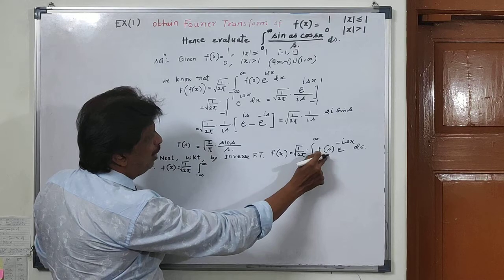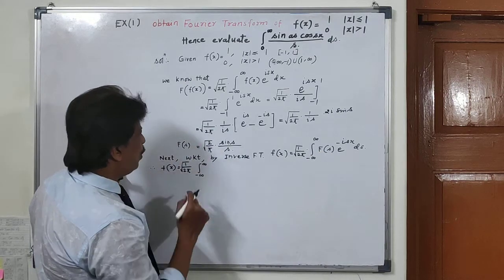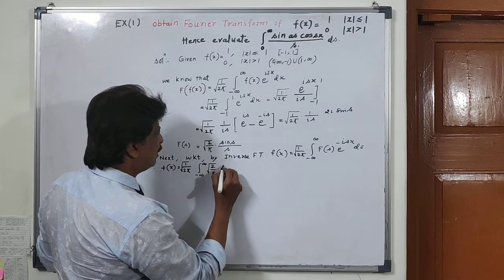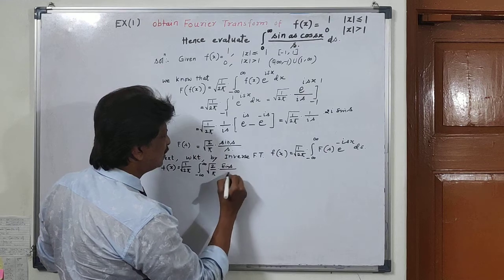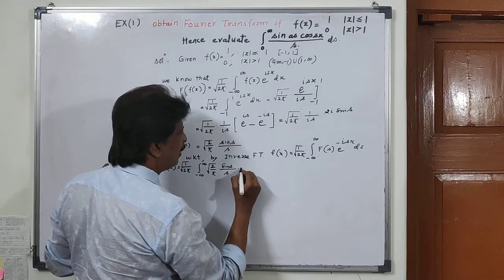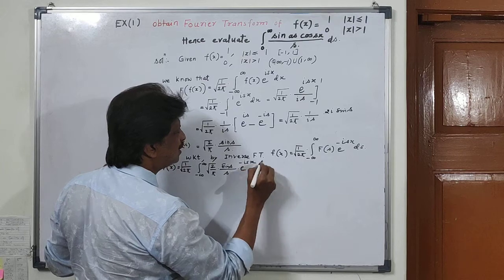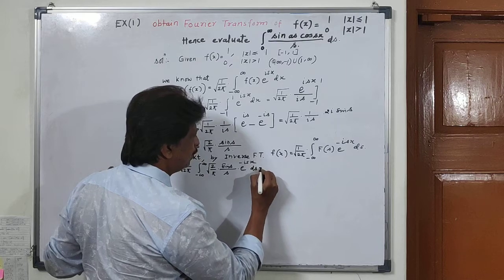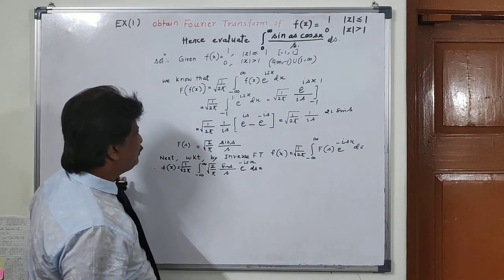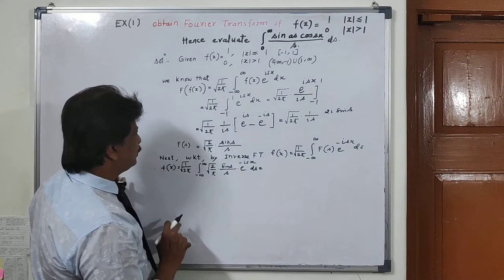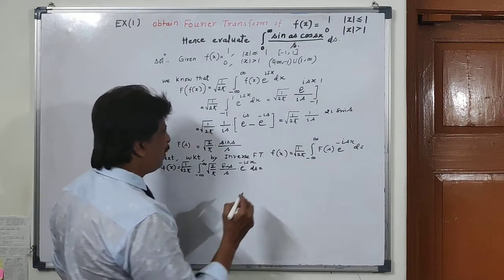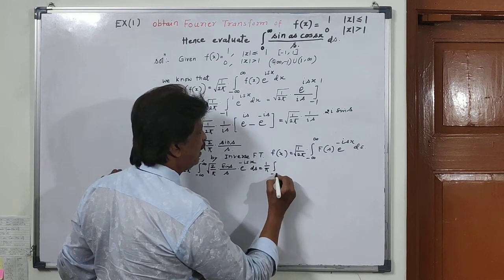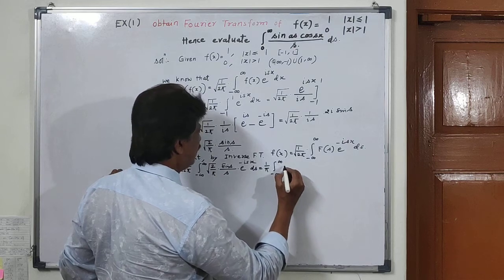Now I am substituting the value of f of s, which is root of 2 upon pi sin of s upon s into e to the power minus isx ds, which is further equal to root 2 goes, 1 upon root pi into 1 upon root pi becomes 1 upon pi integral minus infinity to infinity sin of s by s